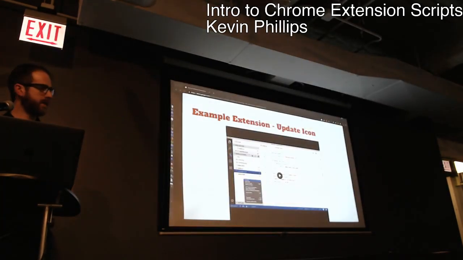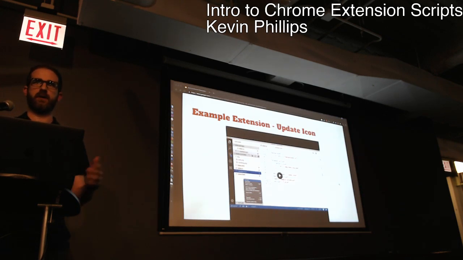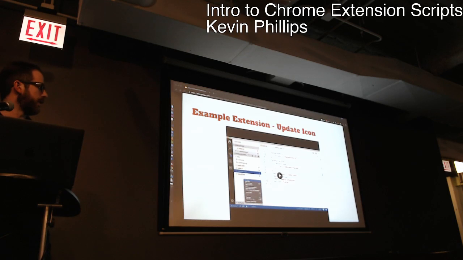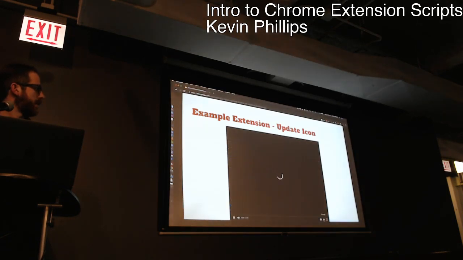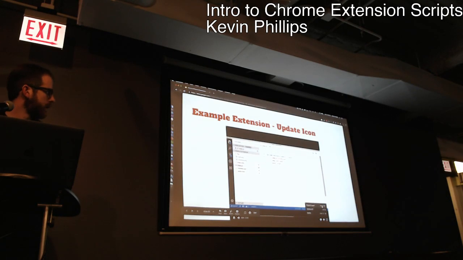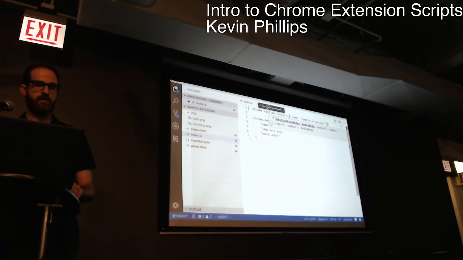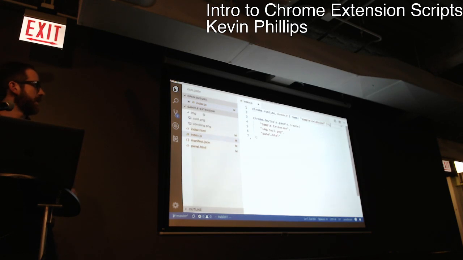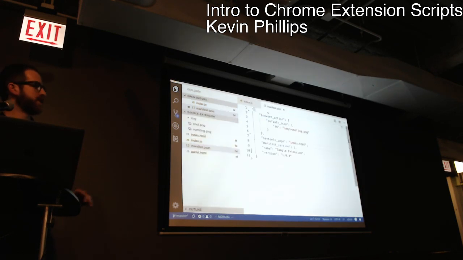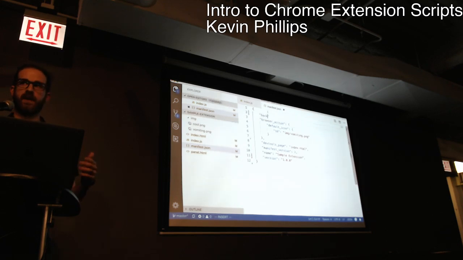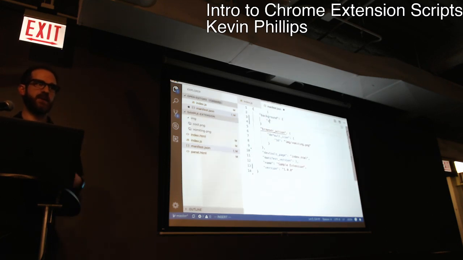All right, the next step, all we want to do is update the icon. So whenever a user is using your new panel, we want to update the icon so it's not throwing up anymore. In our DevTools panel, it's going to call this connect function. A background script can listen for that message, know that something's connected, and update the icon. So now we're going to add a background script that runs all the time and can listen